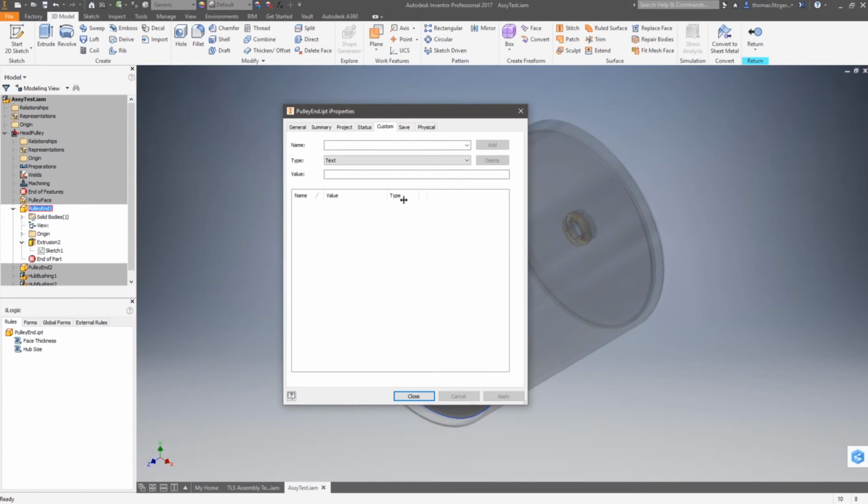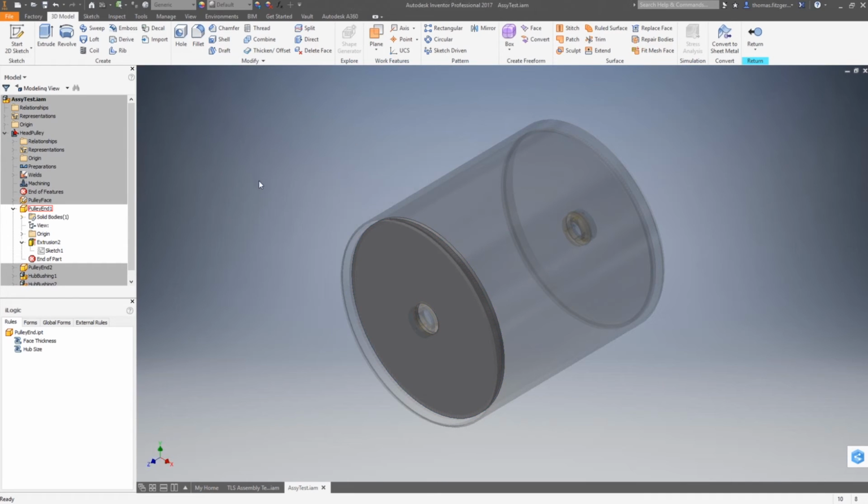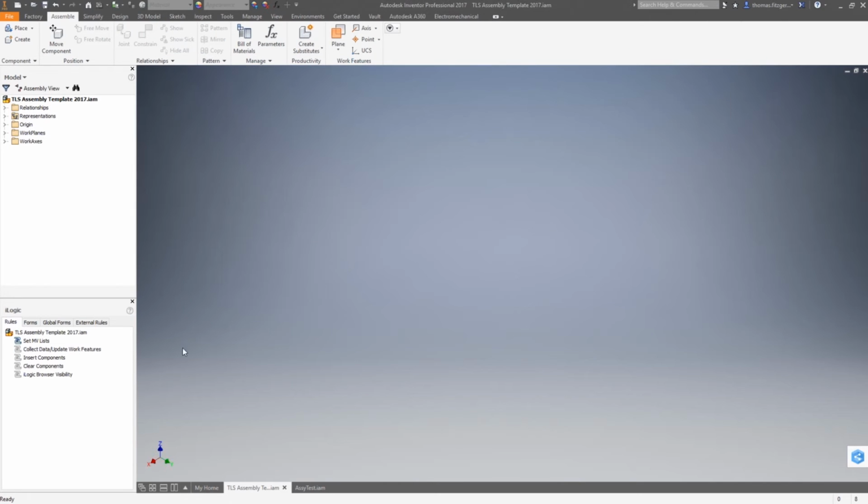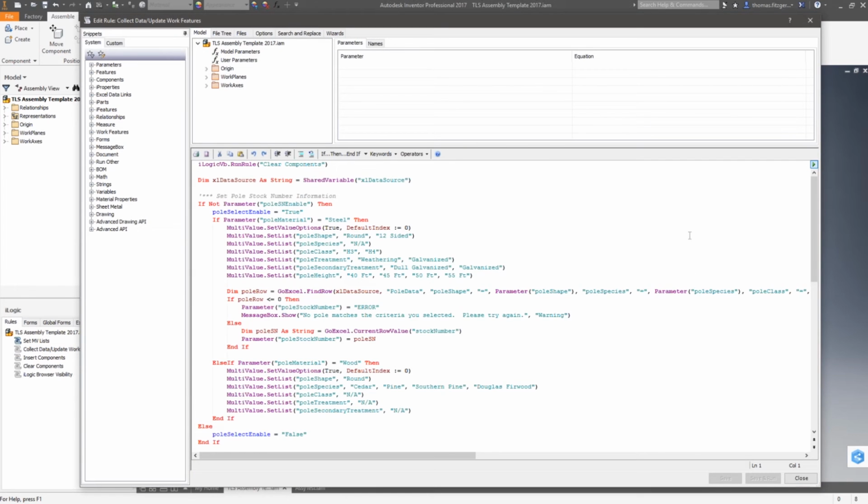The custom tab is also very important because, as we all know, each company is slightly different. There's going to be different properties that are going to be valuable to you, but not to a company down the street. They have different processes. They create or manufacture a different product. So I highly encourage creating and using custom properties that are very specific, that the standard properties don't deal with. Okay. So when it comes to properties and parameters,